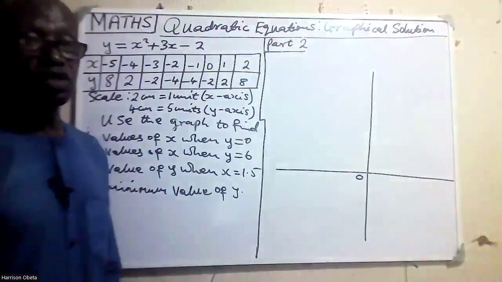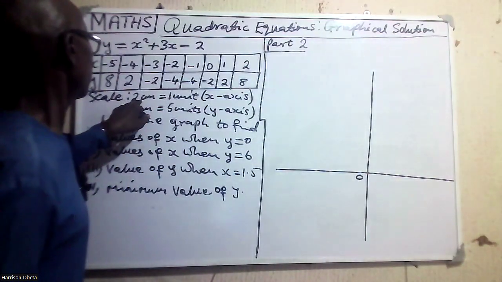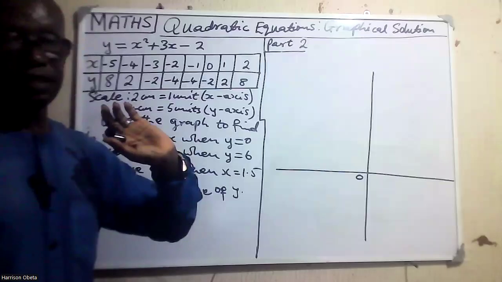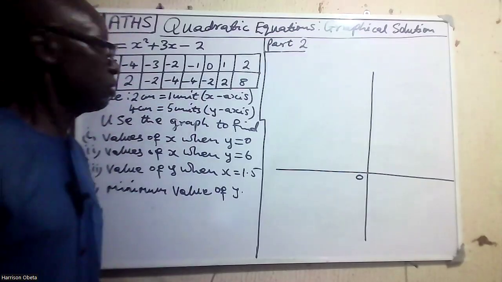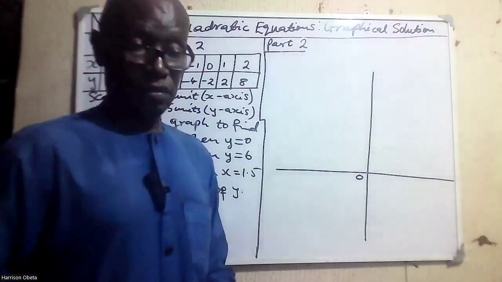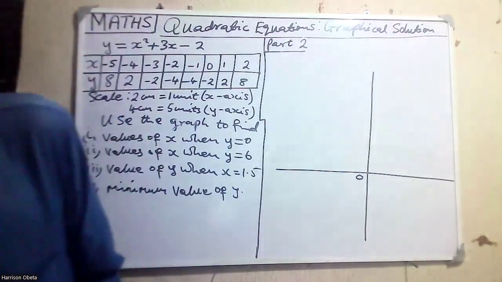Now we are strictly going to follow the scale. And in the scale, we have 2 cm to 1 unit along x-axis and 4 cm to 5 units along y-axis. Now, I hope you know that if you are using your graph paper,